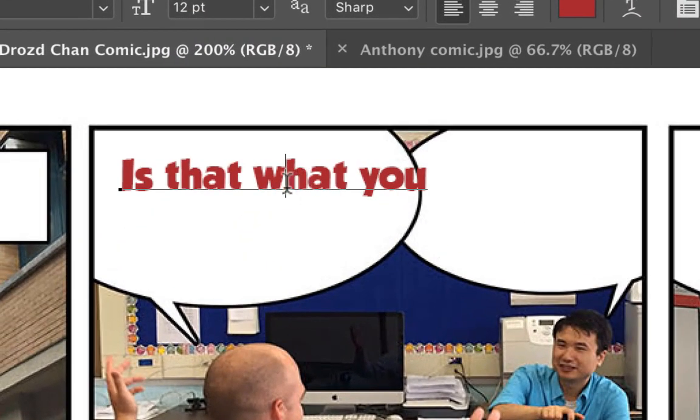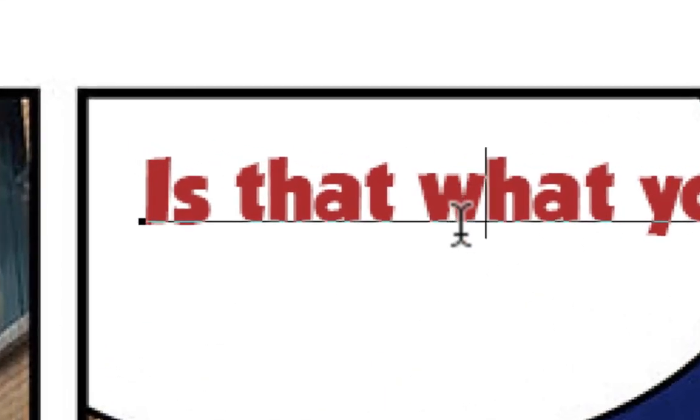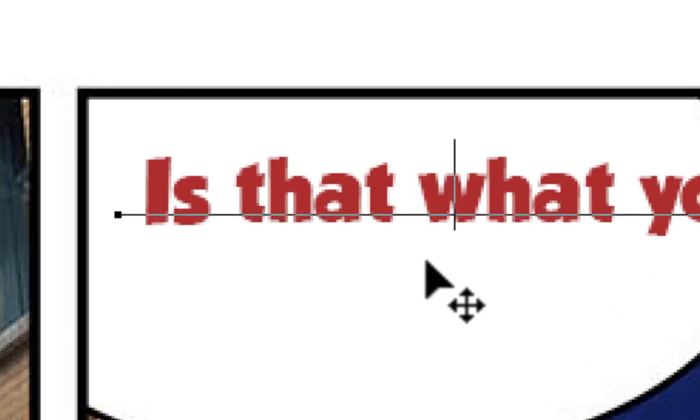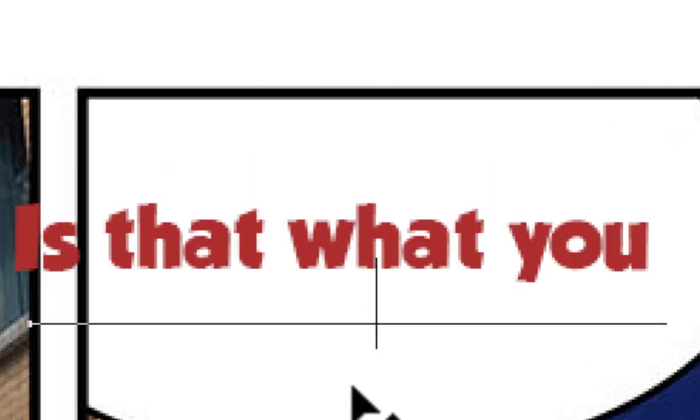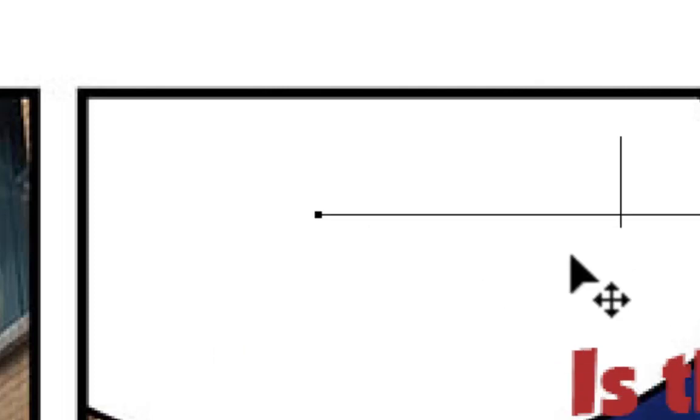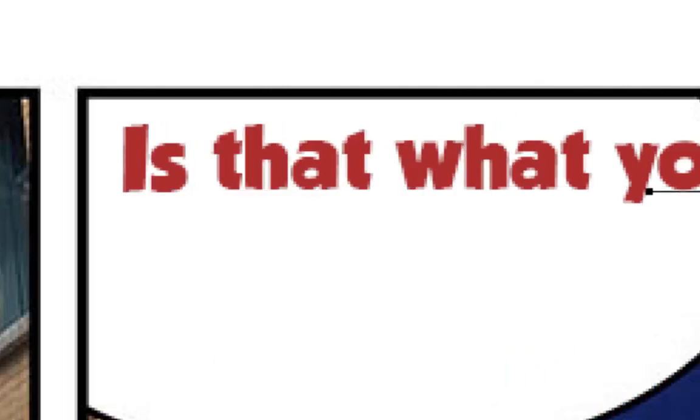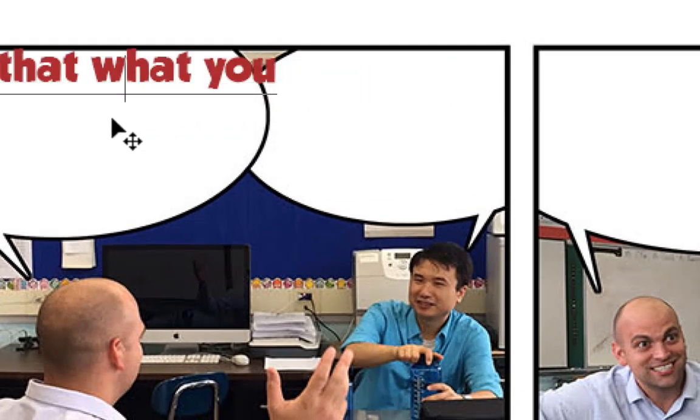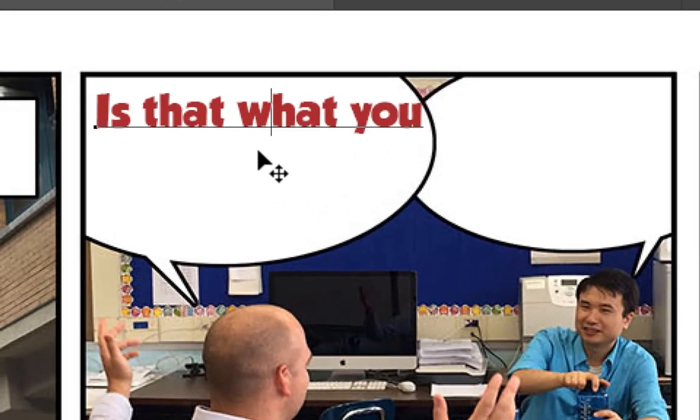And a few more final things. If we want to shift this text around on the canvas itself, what you're going to want to do is pull the mouse away from the text just a little bit, and you can see that this black arrow comes up, the move tool comes up, and now when we click and drag, we can move this text around in the page. So instead of Mr. Drost saying this, it's Mr. Chan saying,